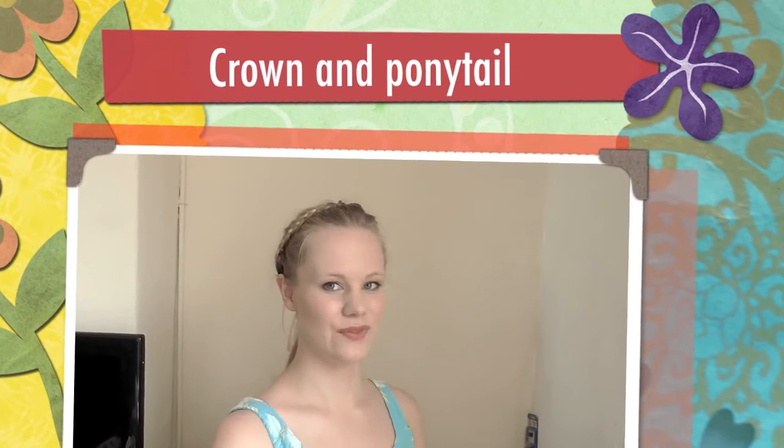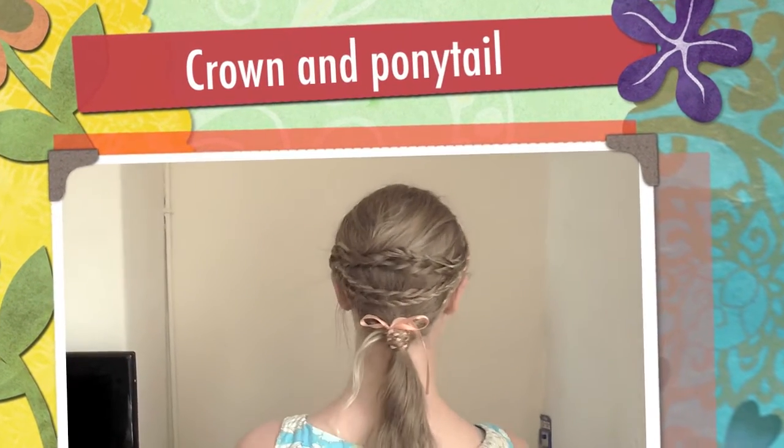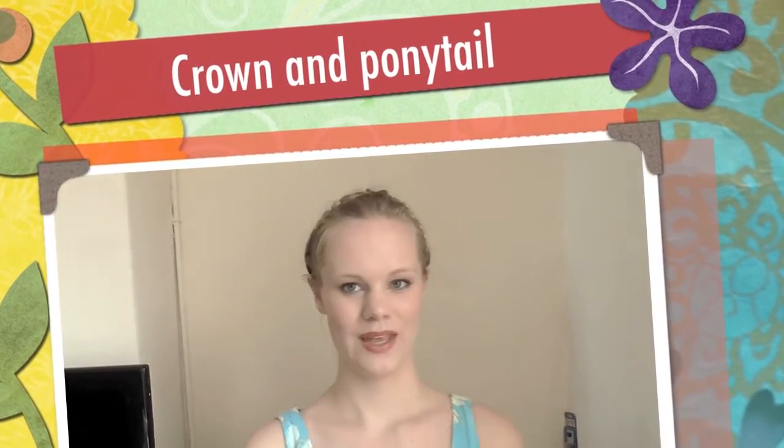Alright, this is the style for today. I was going with sort of very princessy. We've got the little headband and the crisscross. It's not an everyday hairstyle. It does take quite a while to actually do, but it is worth it, and it should actually travel well,